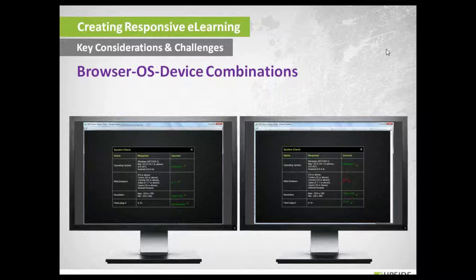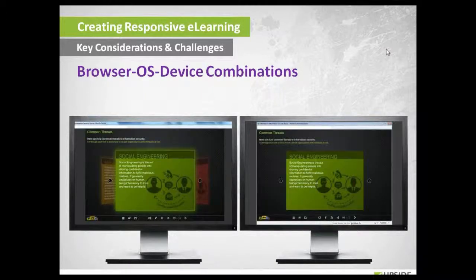To provide the best experience on both combinations, we created certain templates. As you would see in this example, this is a carousel kind of template. On an HTML5 supported browser, you get to see the depth, and it gives a real carousel kind of interactivity.